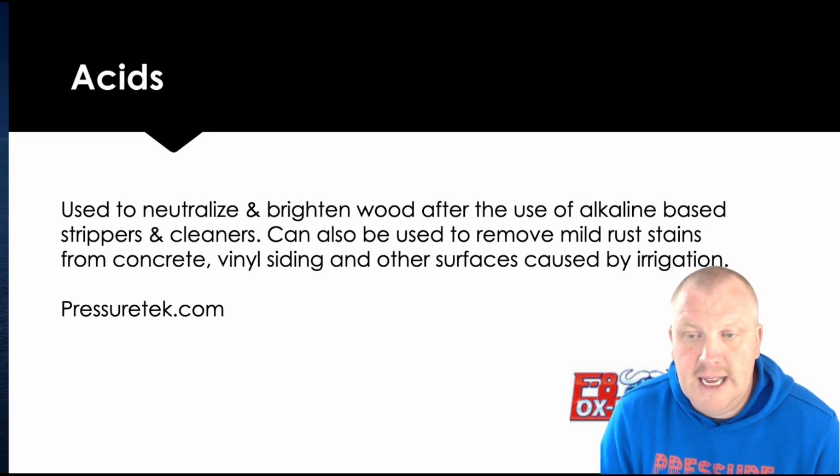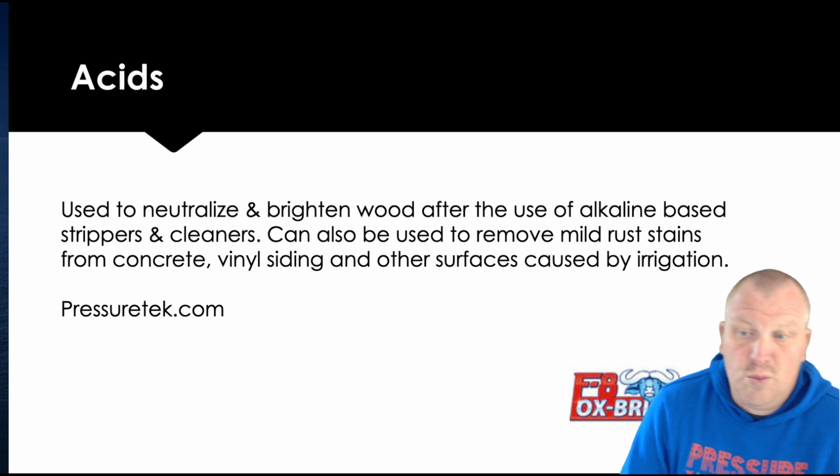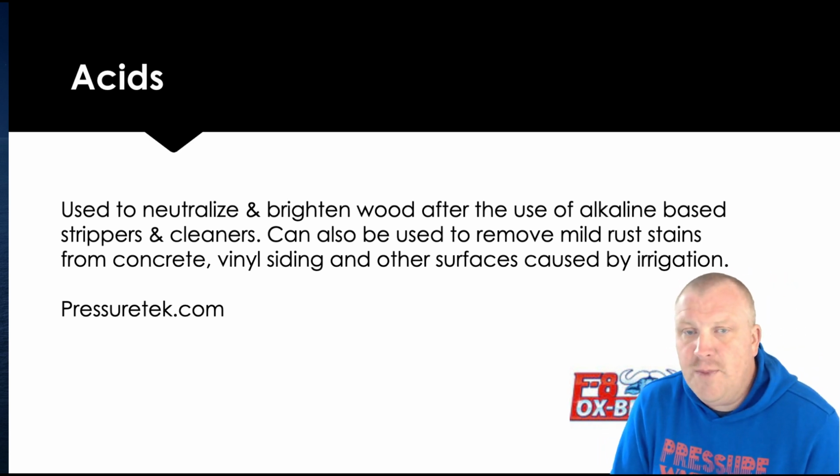So I'm going to talk about some acids. I'm going to talk about some not as strong acids, and then we're going to go into the little bit stronger acids. So the first acid we're going to talk about is oleic acid. Oleic acid is also called Oxbrite down here. This is just one name for Pressure Tech. There's other ones that you can get out there, but it's just a